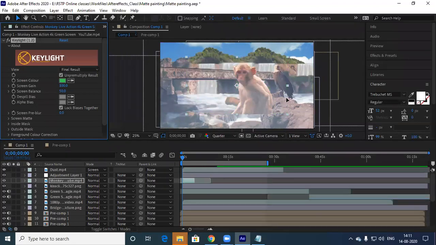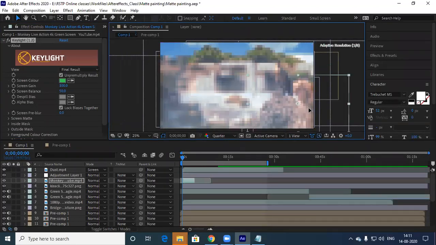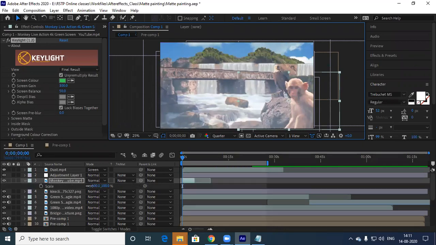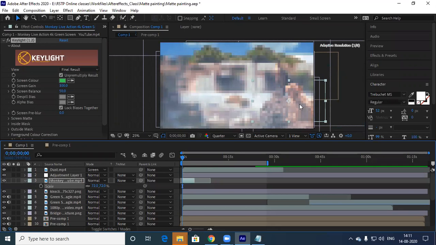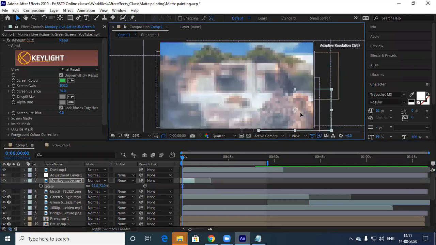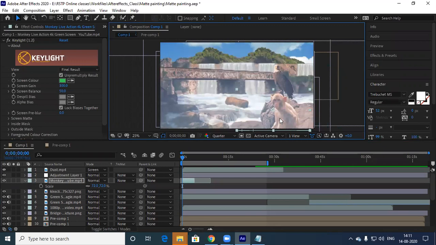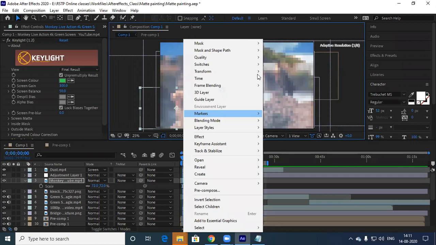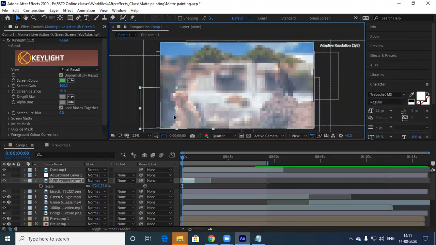So for the monkey, let me place the monkey character over here. Anyhow, there is a rock, and the monkey can be sitting like this. Let me reduce this. Right click, flip horizontal, something like this.